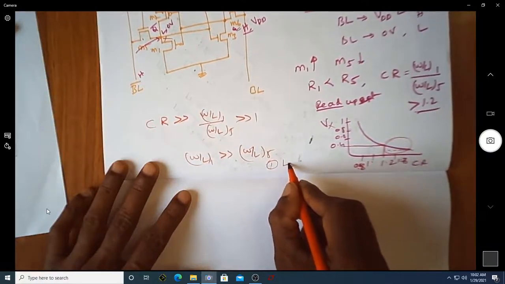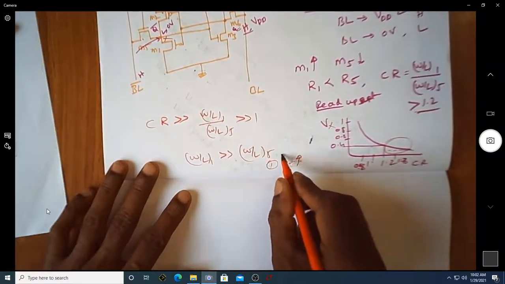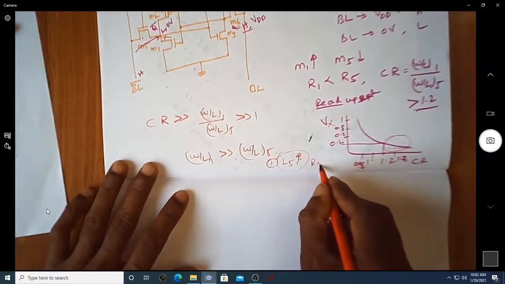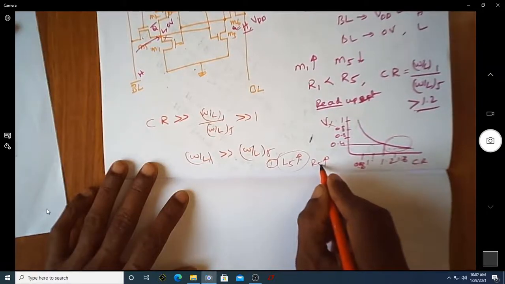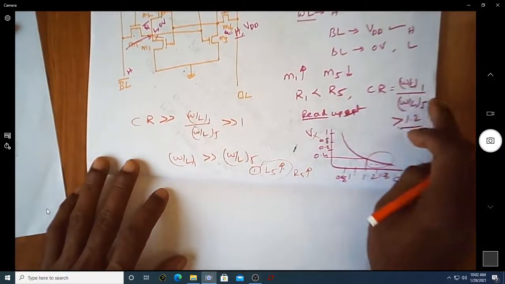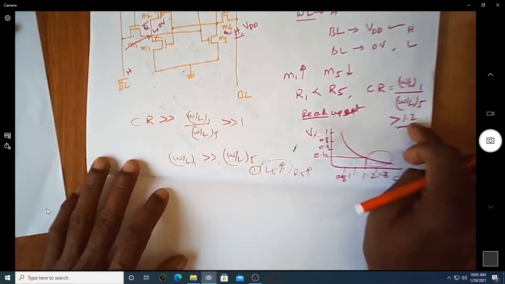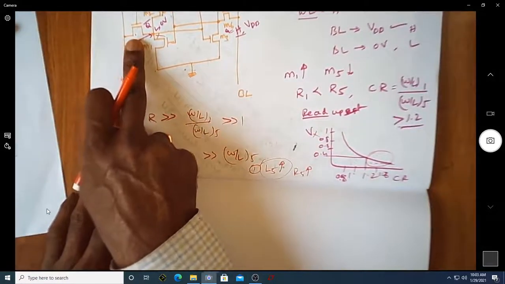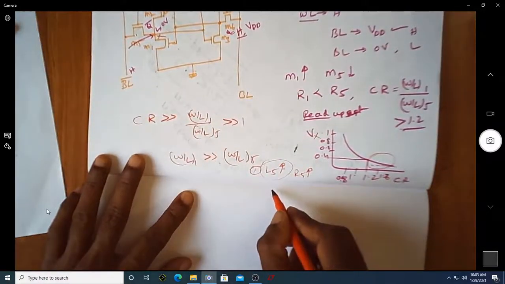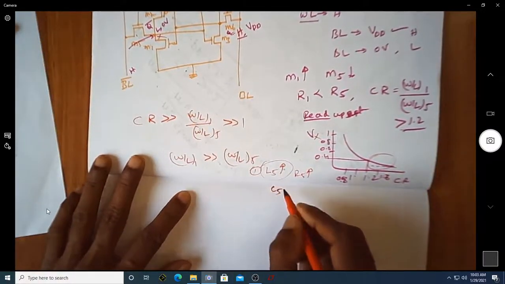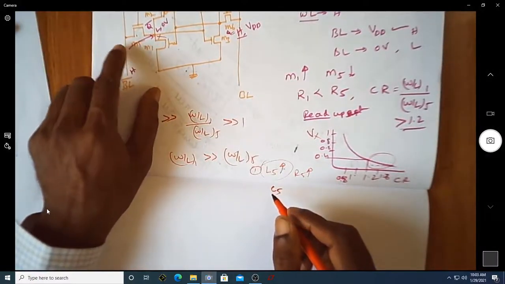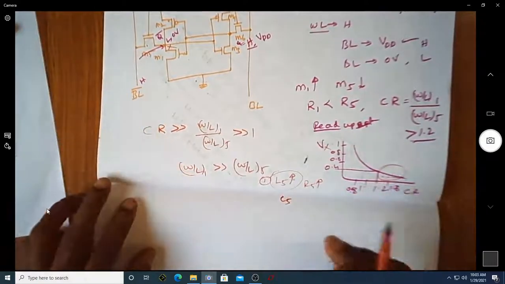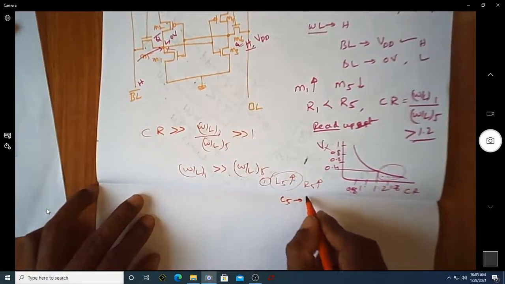You make L5 large. If I make the length of the fifth transistor large, the resistance R5 will increase. If the resistance R5 increases, then you can certainly satisfy this condition, far greater than 1. But if the length of this transistor M5 has increased, this will actually increase the capacitance offered by this M5, which is connected to this BL bar line, which will actually load the bit line. So because of the loading effect,